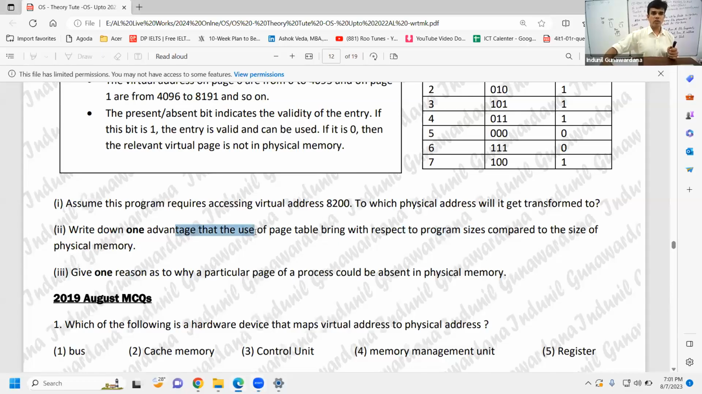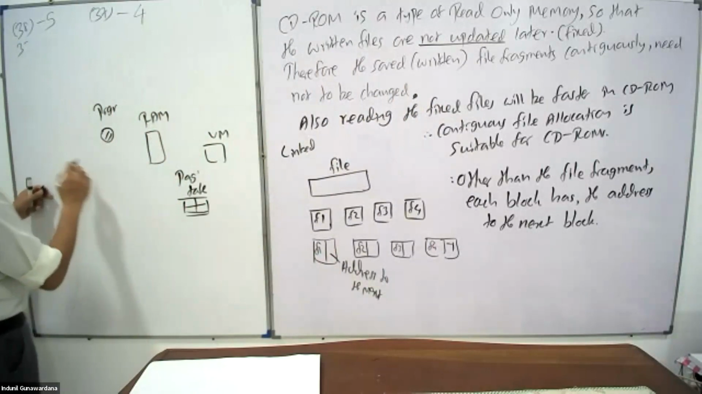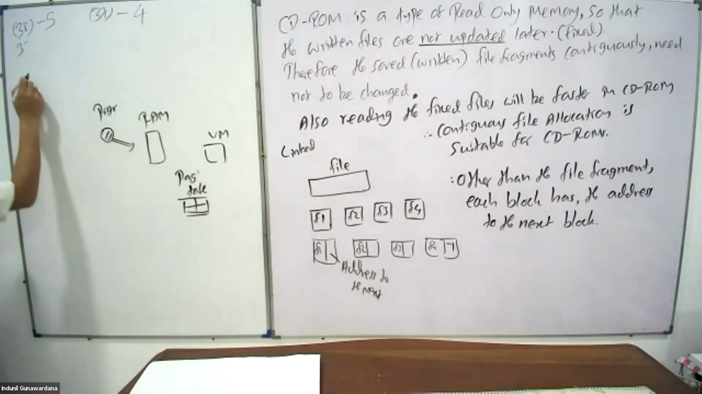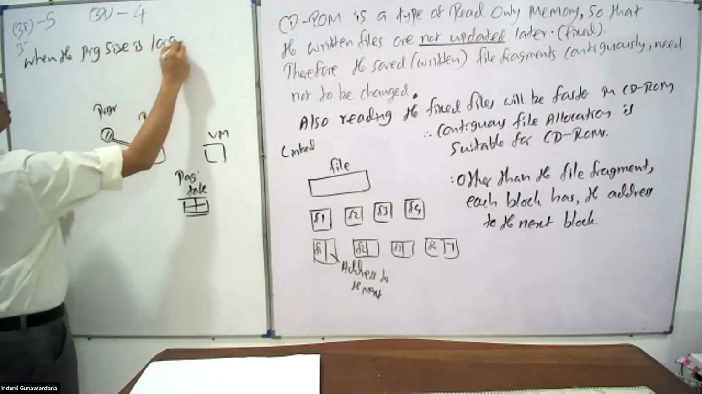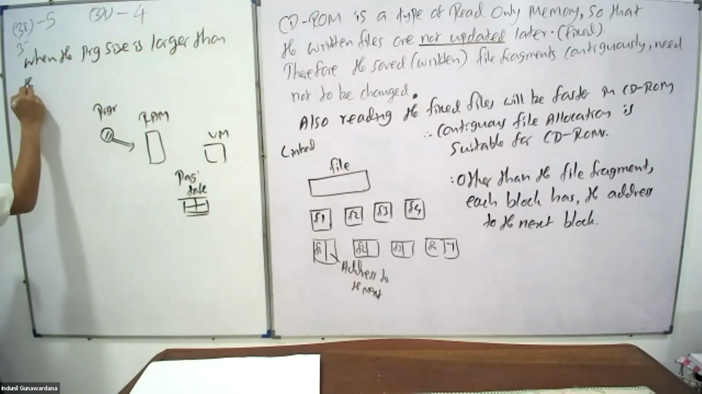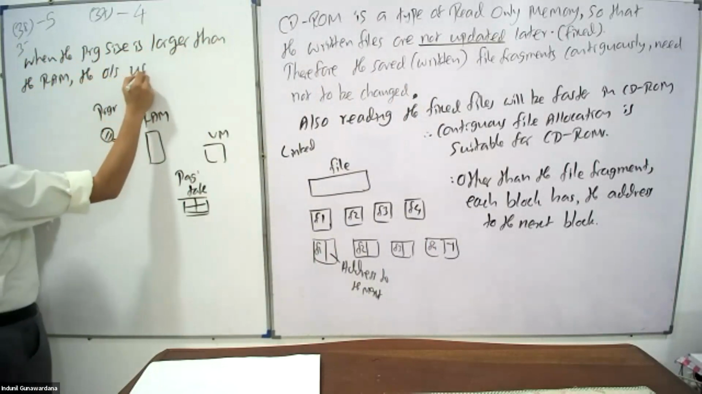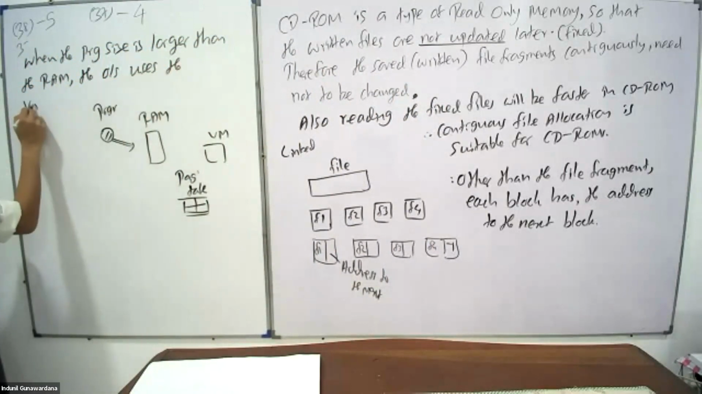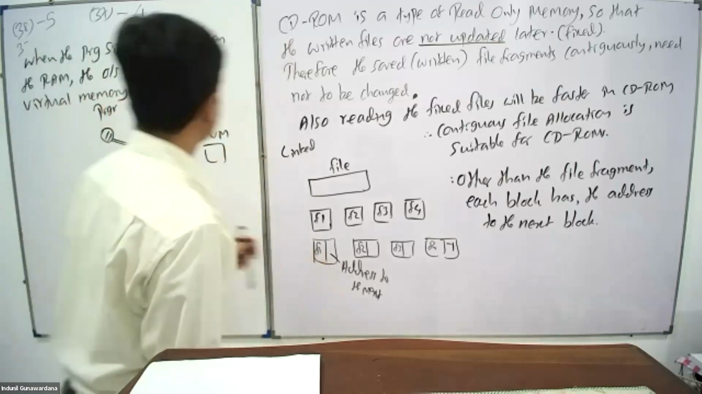The question says write down one advantage that the use of page table brings with respect to the program size compared to the size of the physical memory. What is it? Then you have to say that when the program size is larger than the RAM, the OS uses the virtual memory